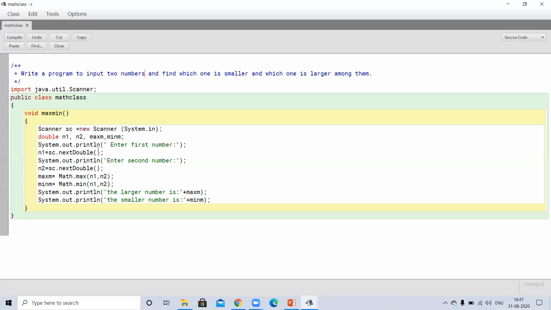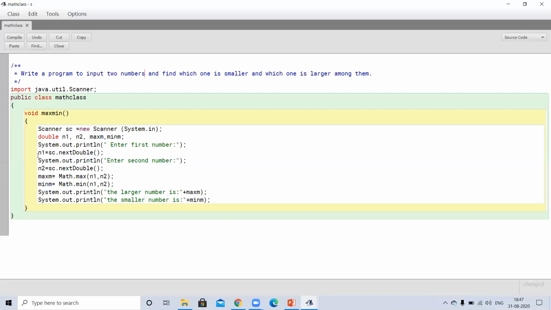Now we will give the message to the user to enter these numbers. So first message, enter first number. After getting this message, user will enter the input in variable n1. So n1 is equal to sc.nextDouble. I already told you that now we will give the inputs with the help of object of this scanner class.